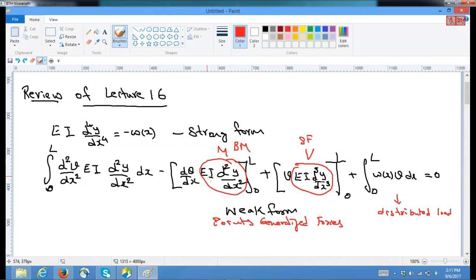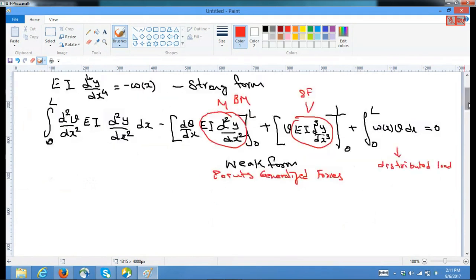And then this is our kind of internal resistance. So this is the total weak form, and we showed that when we are using approximation, instead of y, I approximate y as y tilde plus some error,